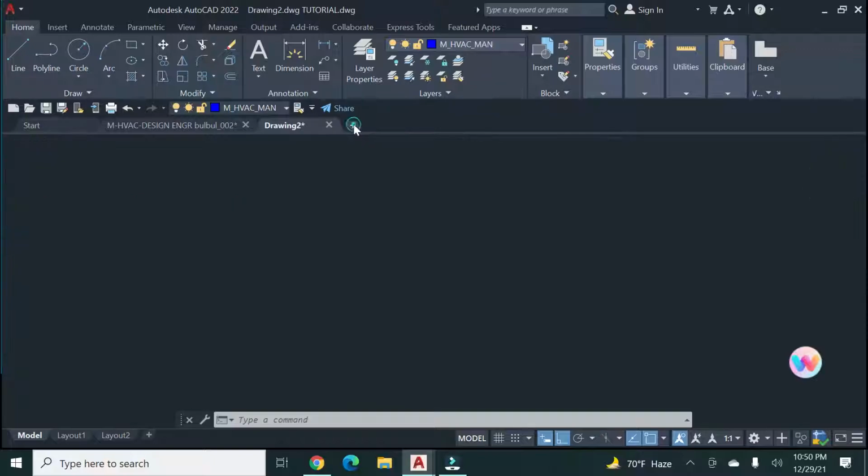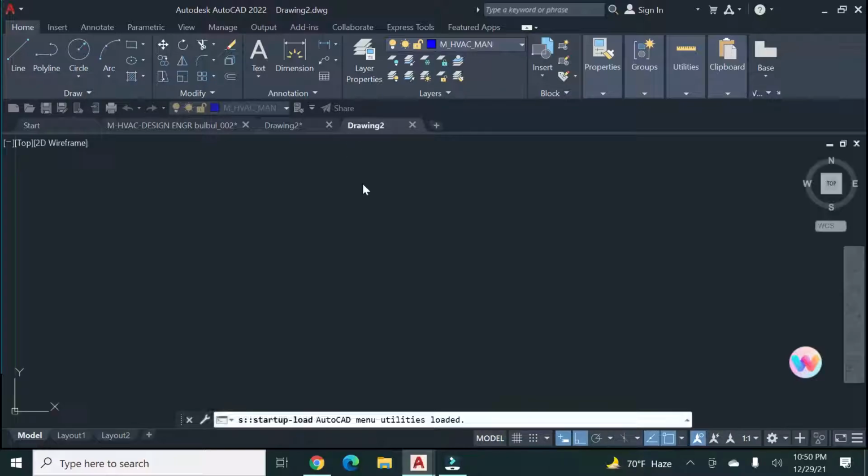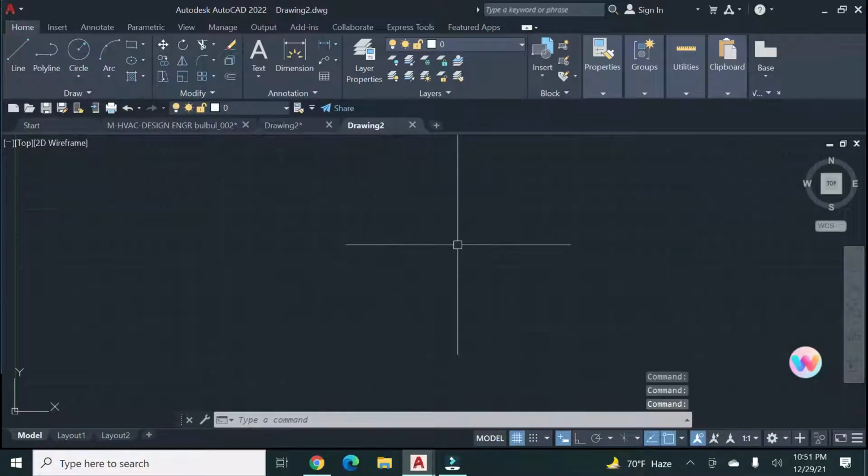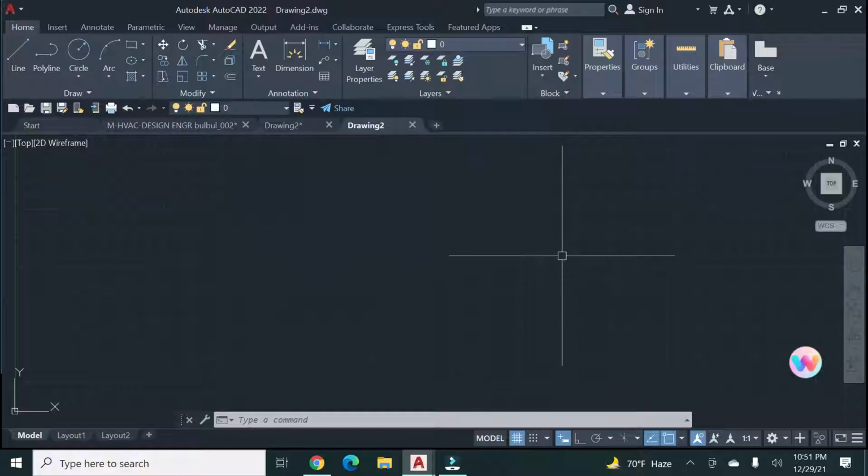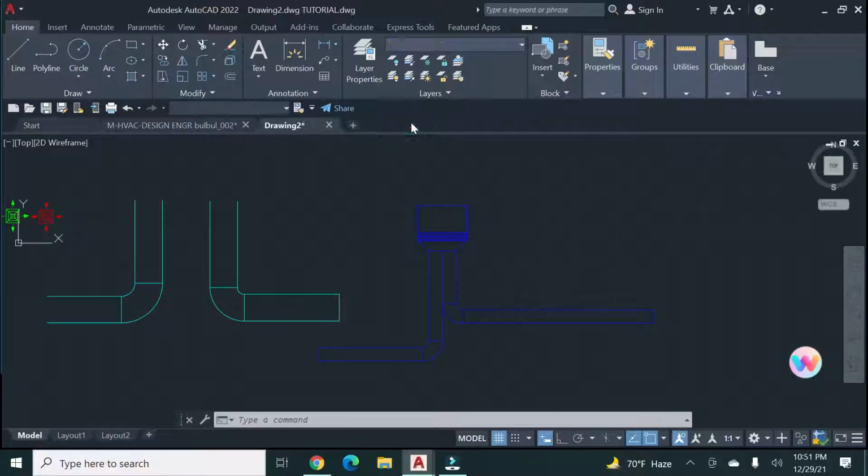Talking about this drawing, today we will give you the basic knowledge about AutoCAD. And I take a new page. If you need a new page, you just click the plus icon here. You are able to see the plus icon right now. I took a new page; if I don't need it, I close it. So I go back to the previous page.